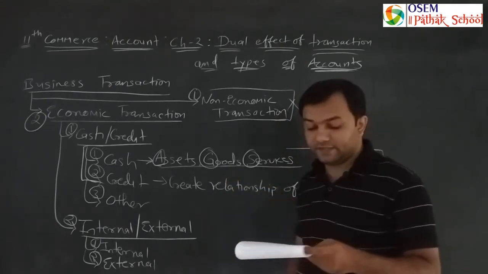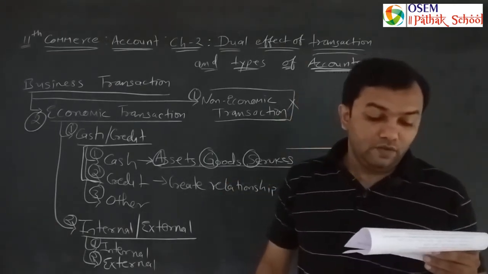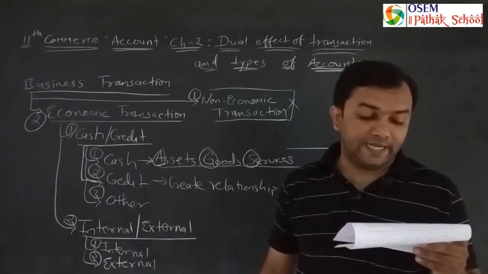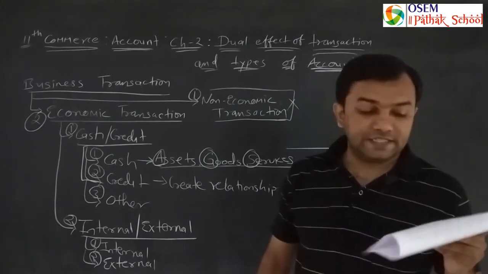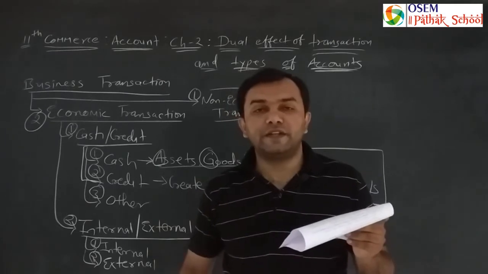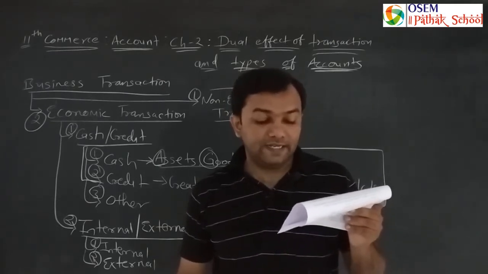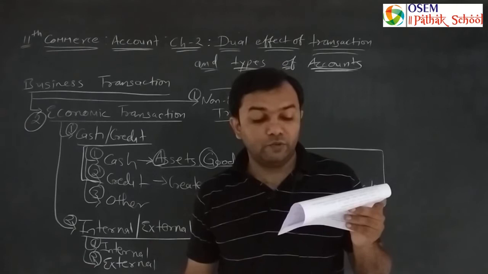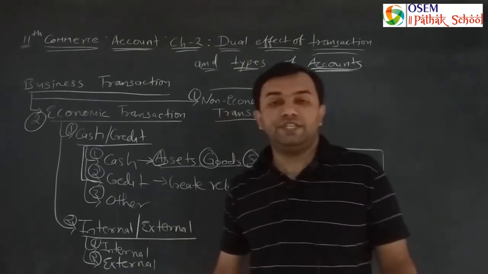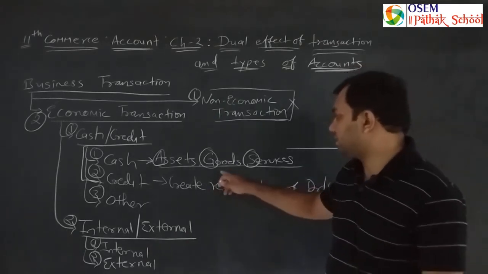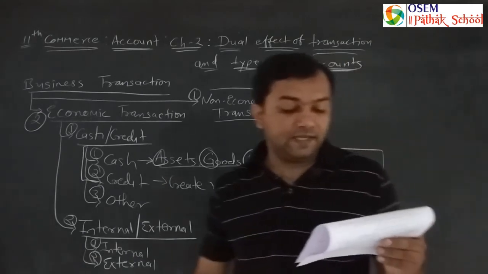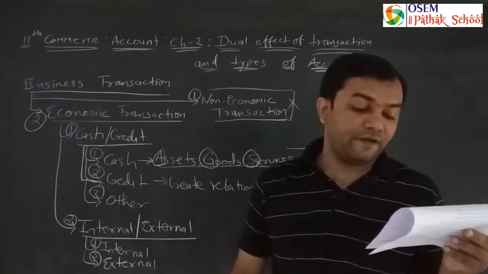Now for the goods transaction. What is there in your textbook? Goods are purchased in exchange for money, or money is received for the sale of goods. The example given is: goods worth rupees 15,000 purchased in cash. So two effects: goods purchased and cash paid. The second example: goods worth rupees 18,000 sold for cash, goods sold and cash received. These are the cash transactions for goods, and the last one is given in the last paragraph of page number 25 of your textbook.